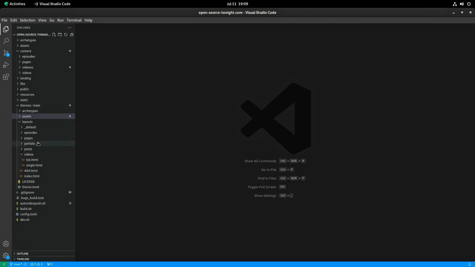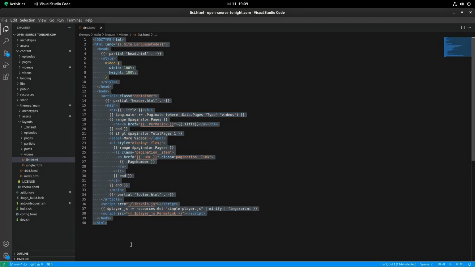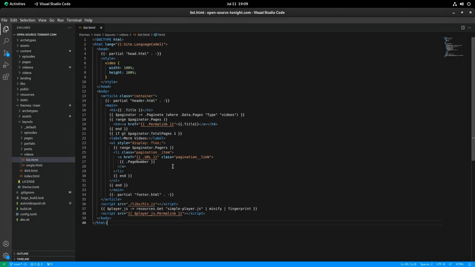So anyway, we've got all of that. We've got different layouts for different things. And then the list of videos, for example, comes from this template, the list.html. And you can see here, we actually don't need this. We need to get rid of that. So some of this code is pretty old and needs to be cleaned up. Things aren't being used like they used to.